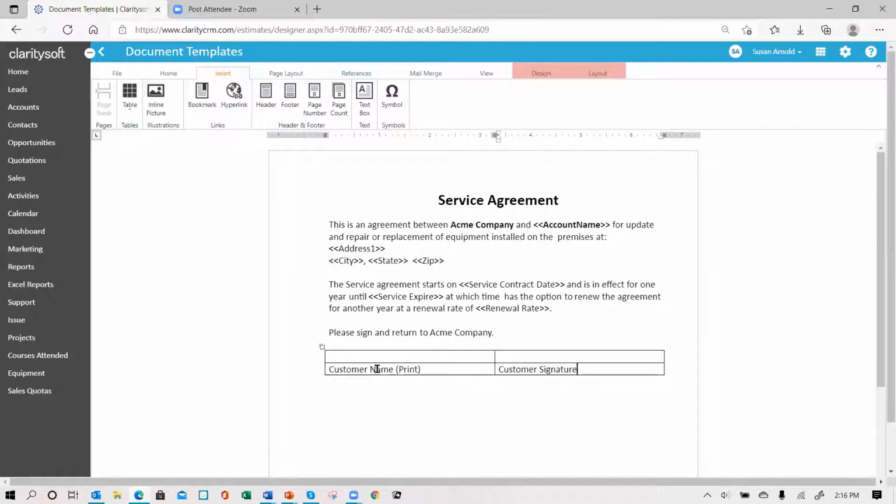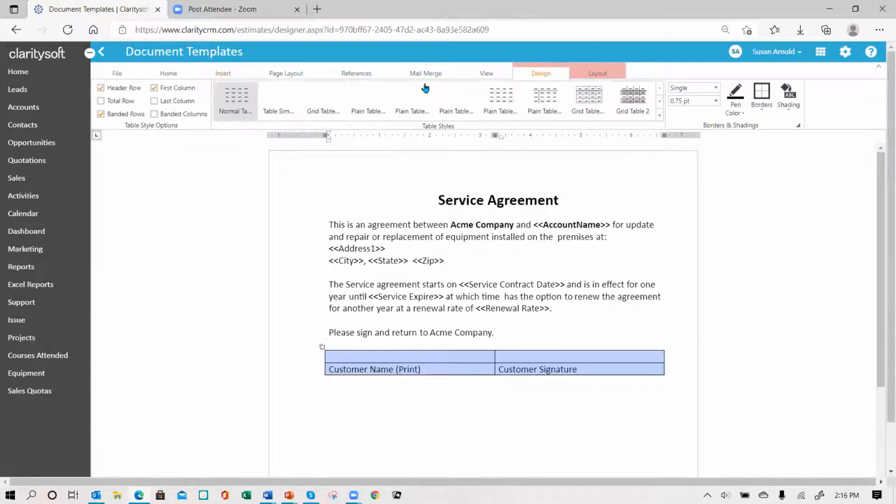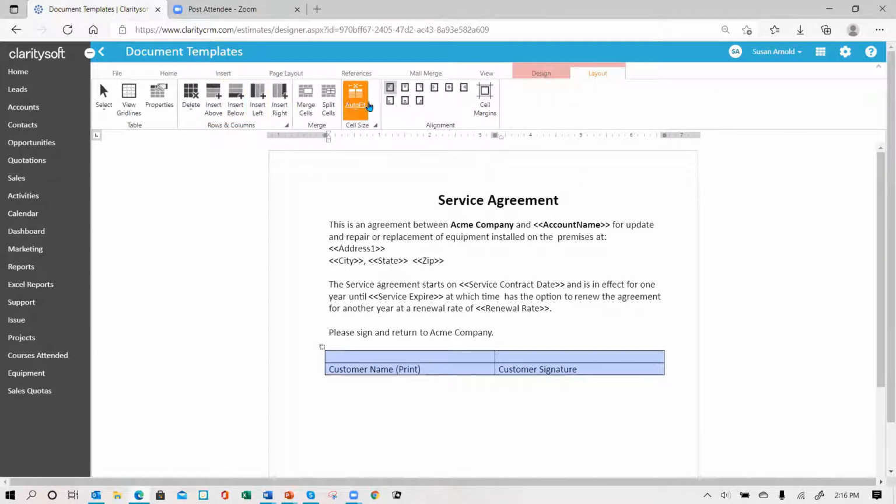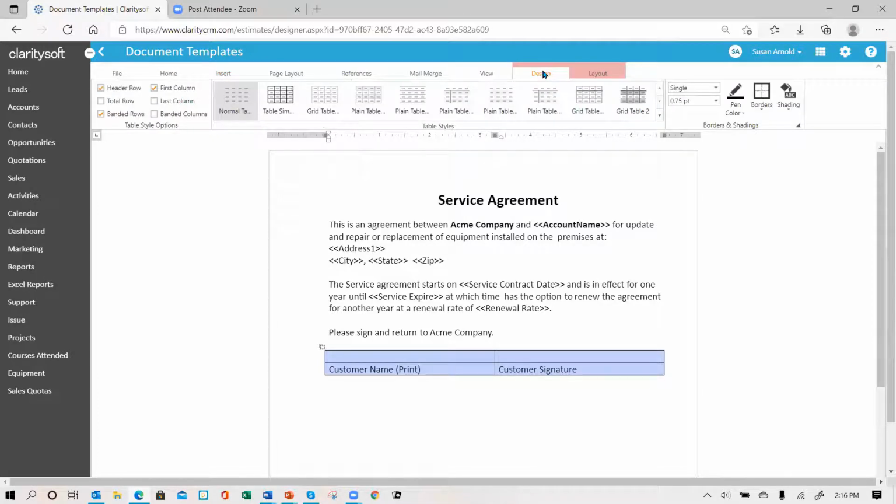So I want that, but then I don't want all of these lines, all these border lines. So I can click to select the table, and then notice up here, just like in Word, you have your design tab for your table layout, and you have the layout of the table for inserting rows and columns. So that's very similar. And over here, I have borders. So I can say,